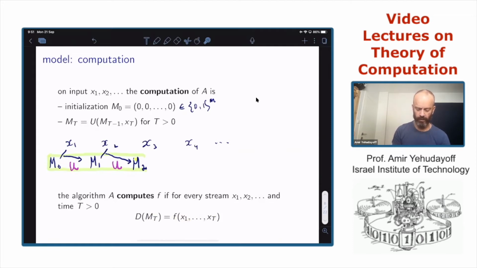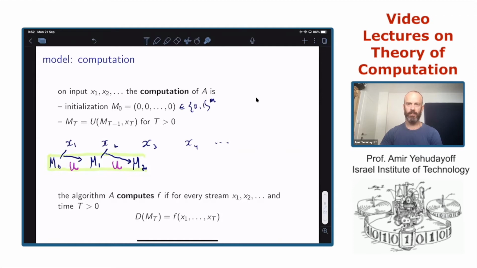So we can interpret M2 as the value of the function on the first two x's. We can interpret M10, and it will be equal to the value of the function on the first 10 elements. This is the meaning of the streaming algorithm A computes a function f.